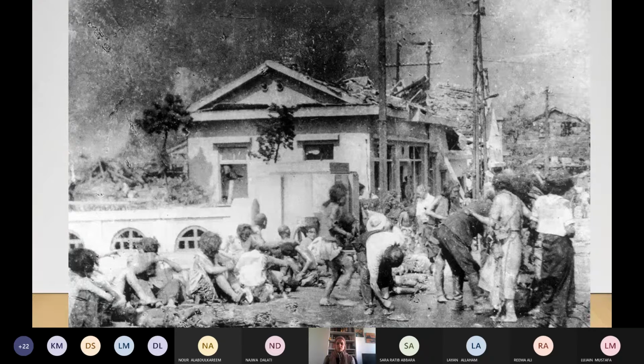Here are some pictures of people after the bomb. It burned their bodies, as he explained in his excerpt. Even if you are far away, it melts their skin, because of the radium. What is the radium that Marie Curie discovered? The element.